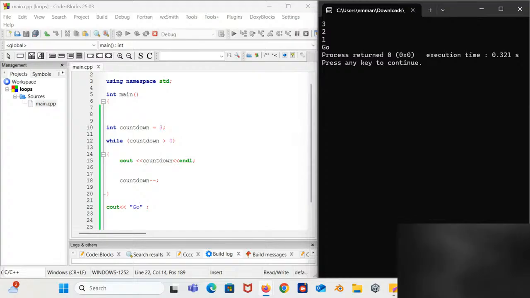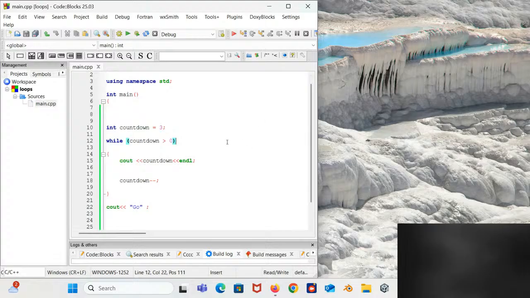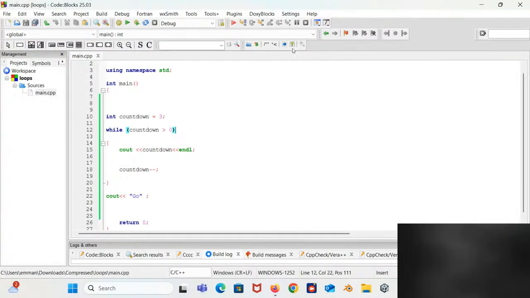All right, so let's get back on track. Unlike the do while loop, for the while loop, what is happening is that it checks the condition before the block of code is executed.